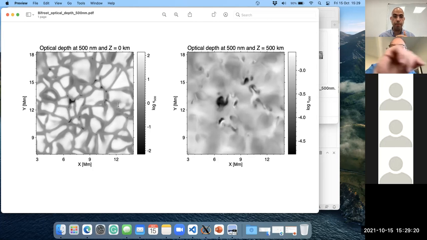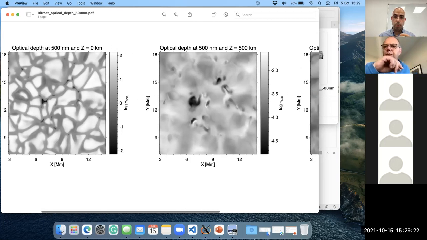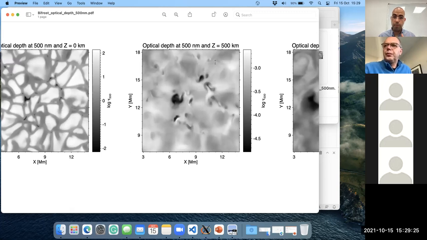If we go to 500 kilometers, the spatial distribution looks a bit more complex to understand, but still we see a trace of specific optical depth values for those regions where the magnetic field is stronger. What was darker on the left side is still darker, or lower in value, than